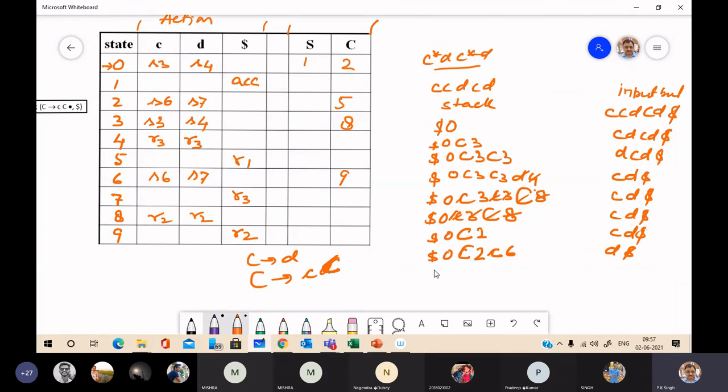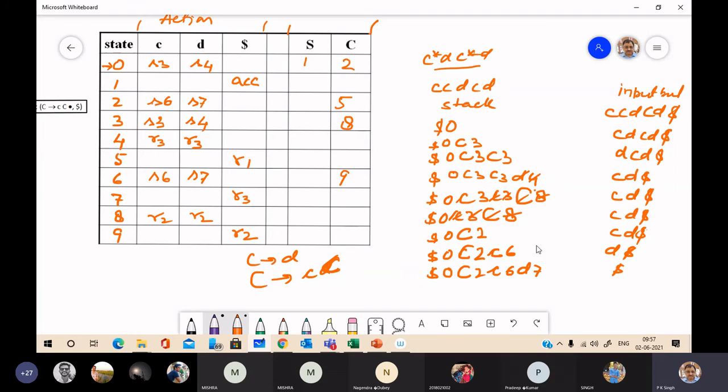So you will get dollar, means configuration of the parser, 0, 2, lowercase c, 6, and D, 7. Here you have dollar.